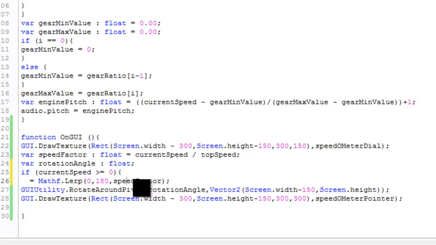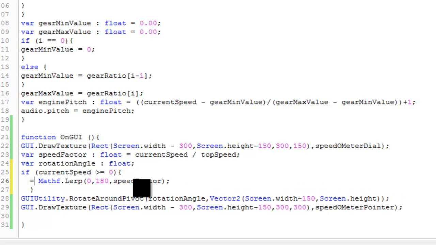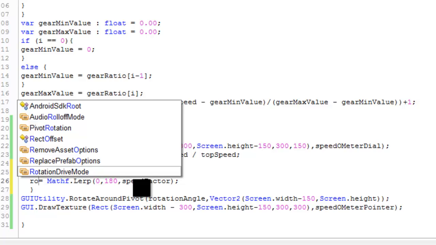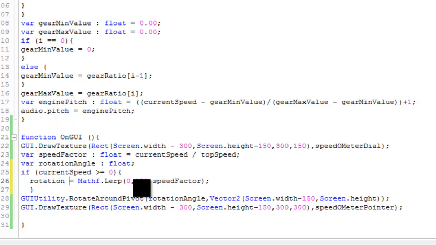And if this statement is true, what you have to do is set the rotation angle to this, and else